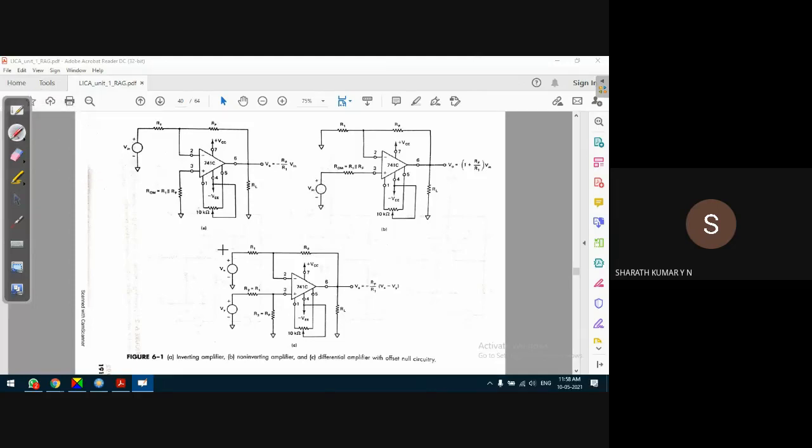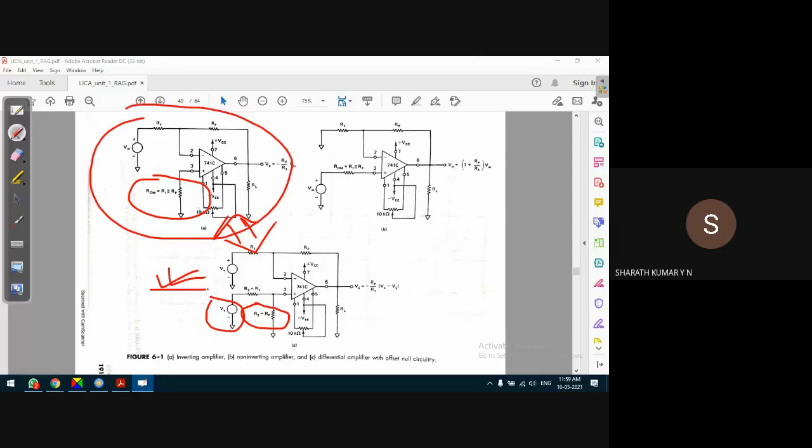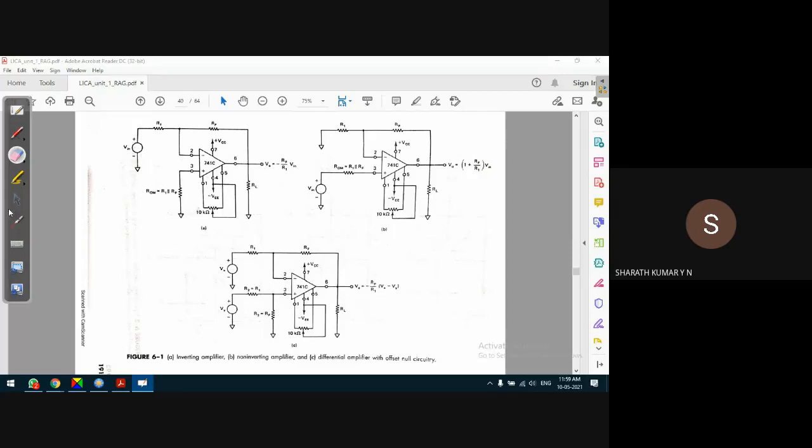Okay, what is the difference between these two circuits? In this case, there is no supply connected to the non-inverting input, but in this case, there is a supply connected to the non-inverting input. Of course, there's one more resistance R3 that I'll explain now. Otherwise, both circuits remain the same. That means this differential amplifier circuit is the same as the inverting amplifier circuit, with the only difference that a supply is connected to the non-inverting input terminal. This is Vy, and this is Vx. That's all. Fine, so let us look into a little more detail.